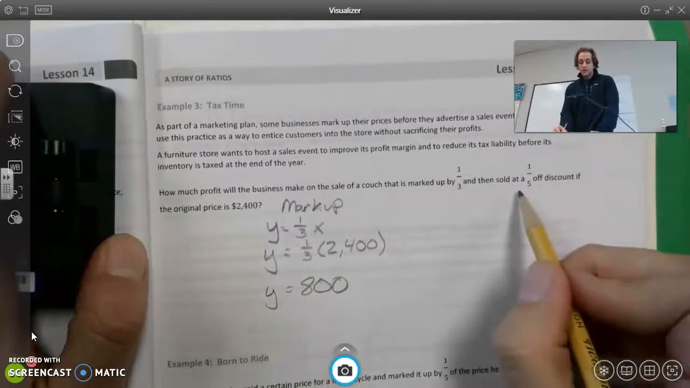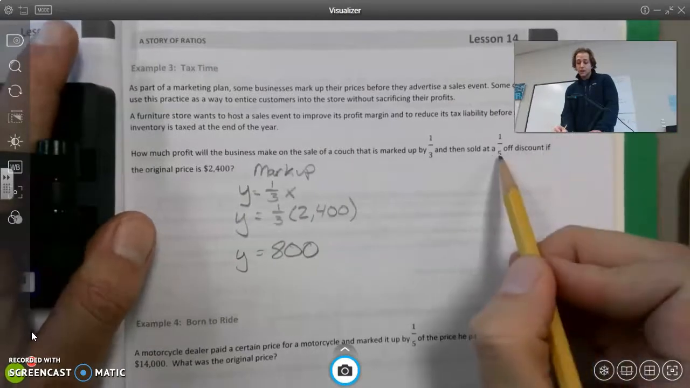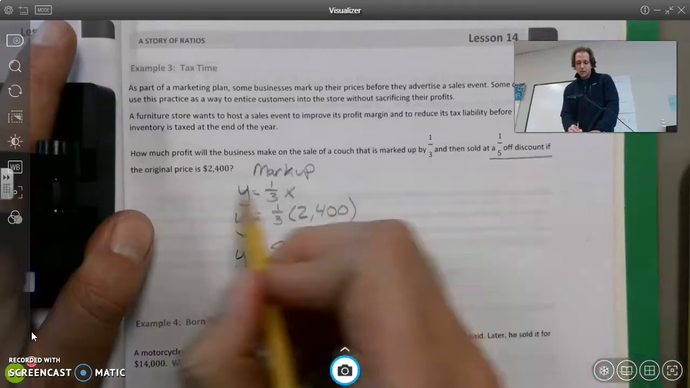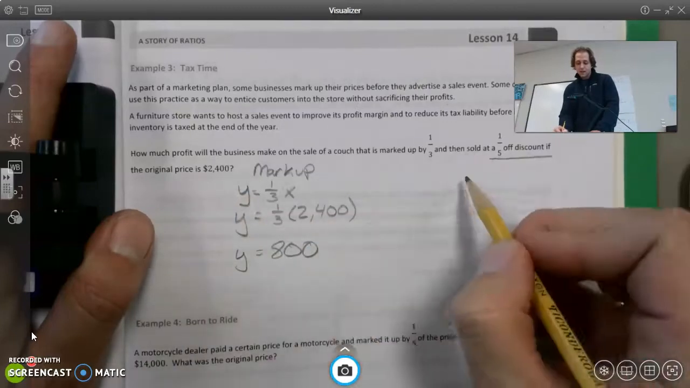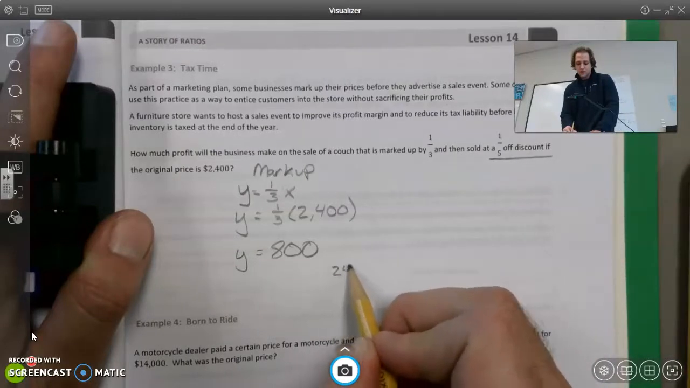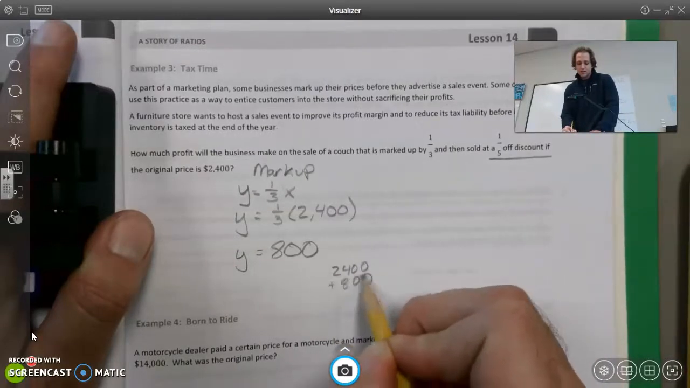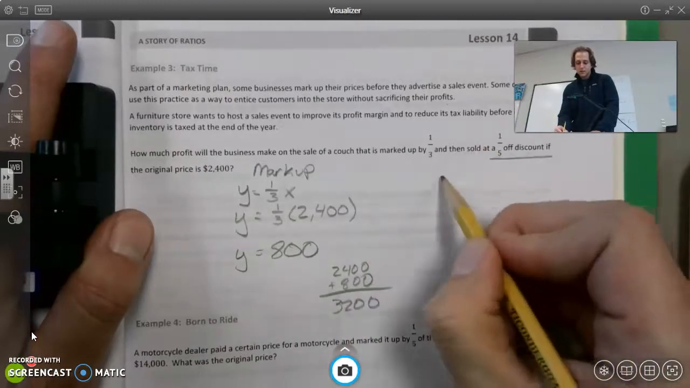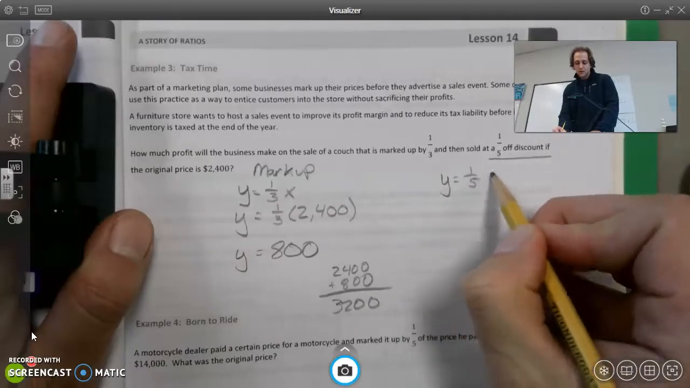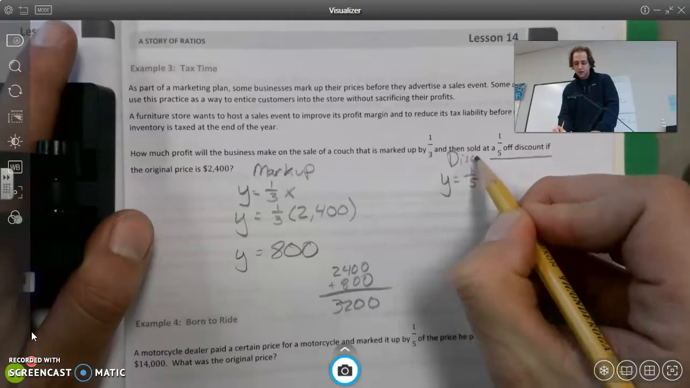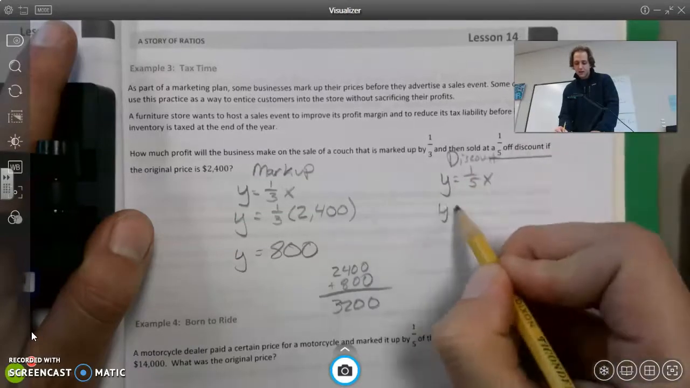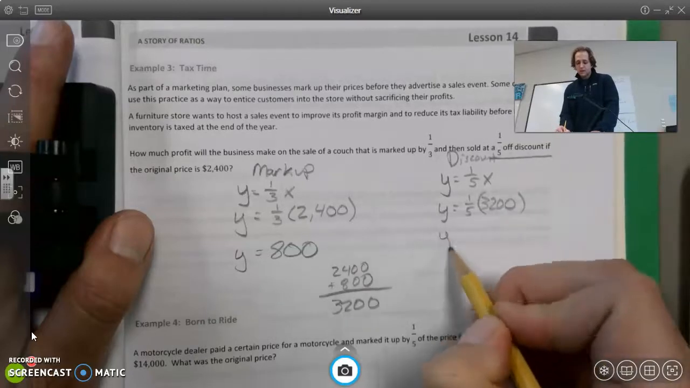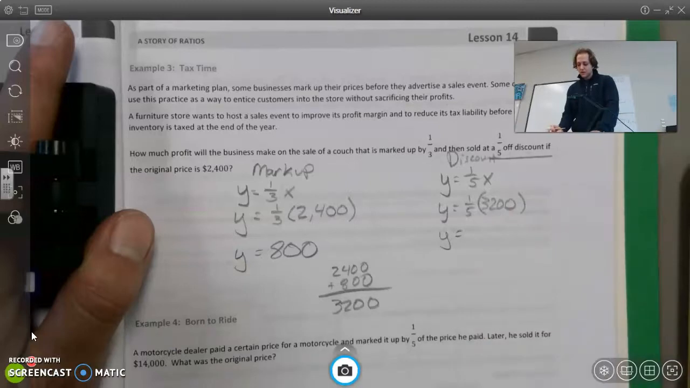Now, we're told that it's sold at a 1/5 off discount. Well, we need to come over here and look and see the markup makes our new price $2,400 plus $800. It makes our cost to the customer $3,200. So Y is equal to 1/5 of X. This is our discount that we are now finding. And our price with the markup is $3,200. The discount would then be 1/5 of $3,200, which is